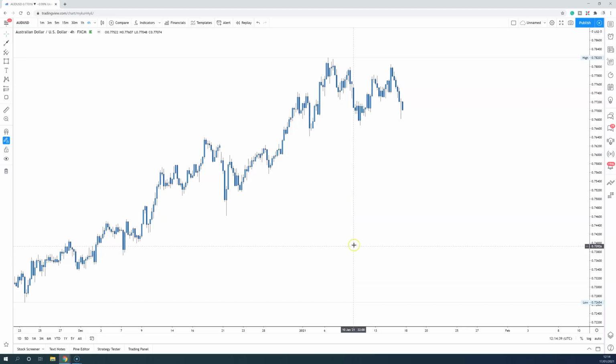My opinion on Aussie dollar USD is this. Now, we have seen the structure of this market trending up to the upside for a very long period of time. You probably can see from the structure that price has been failing to break above. For the first time in a very long time, we have broken the brick wall. We've come back to the retest level that we'd like price to get to,